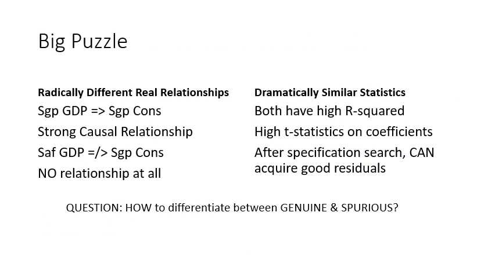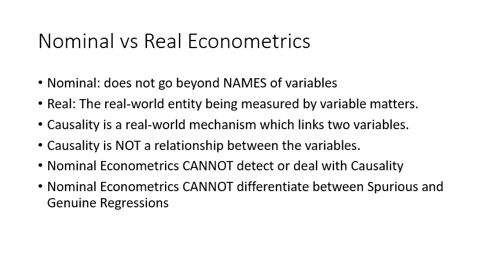This is a puzzle which has occupied econometricians for many decades, and I have also spent actually a lot of effort. Many of my students have done theses trying to figure out how we can find out that the second equation is not genuine and the first one is. Now in this lecture we will argue that these efforts have failed and we cannot find the difference between genuine and spurious regressions